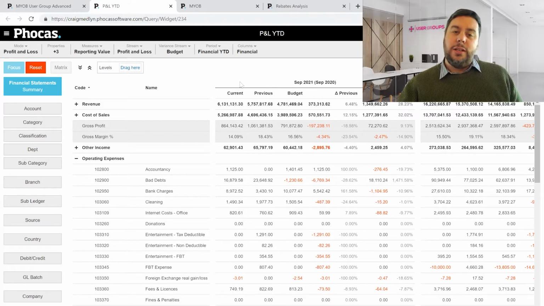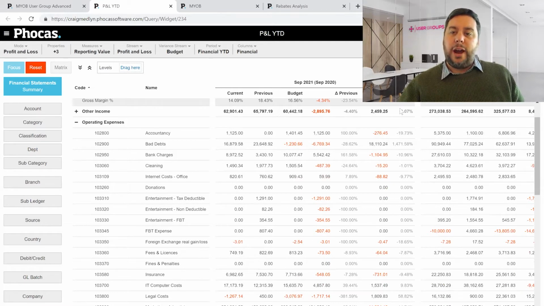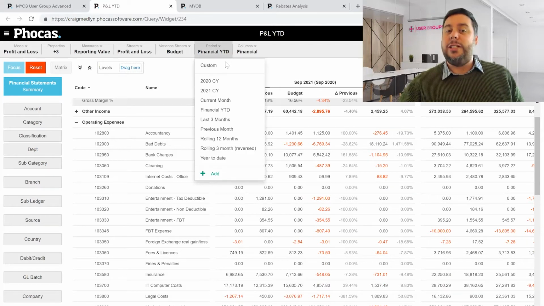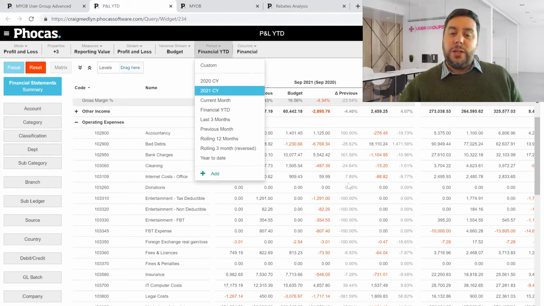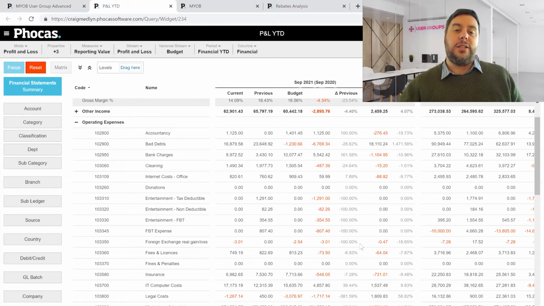So we can look at the data in the current period. We can look at it for the year to date. We can change how much data we're looking at, so we don't have to have the daily report, the weekly report, the monthly report. You can simply change these dates as you see fit. And when you do want to know more, maybe I'd be rather concerned about my marketing costs being so high, I can drill straight down into the transactional data if need be.